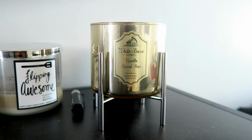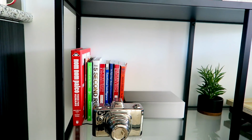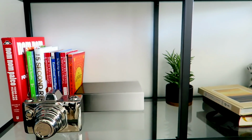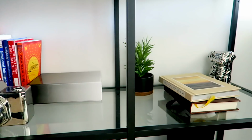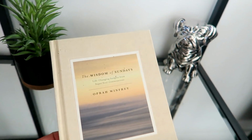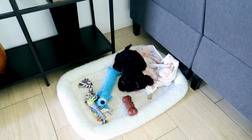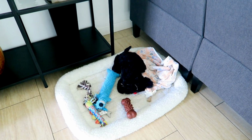My nightly routine, gotta turn on the candles so it can smell nice. Then down here I have a couple of books, a couple of cookbooks, paleo cookbooks. This is a gradient puzzle right there with a nice little plant, Oprah Winfrey book, and a little pug dog with a few vases down here. And down here I have Nugget's little play bed. He sometimes takes a nap there during the day and just kind of drags his toys in there, which